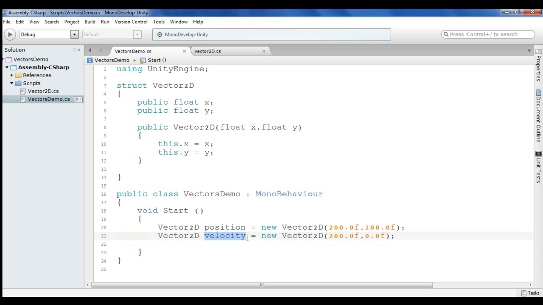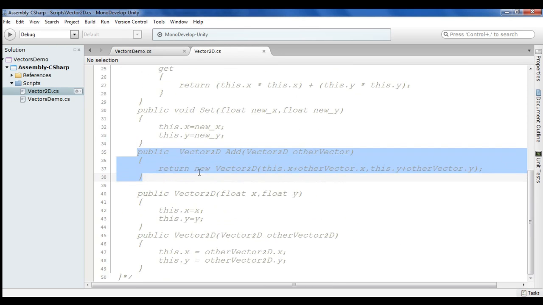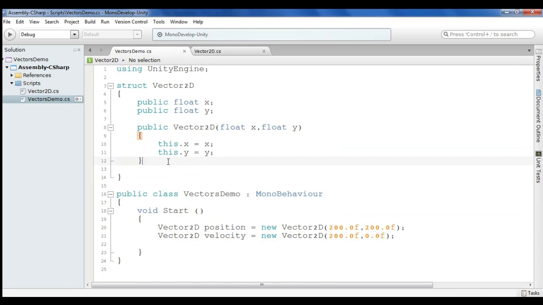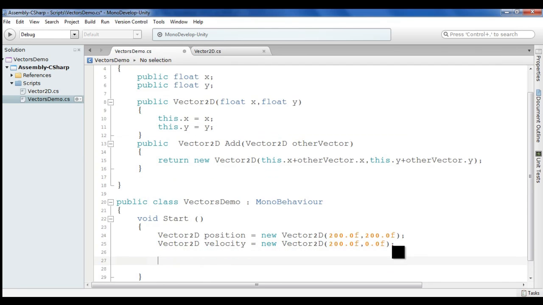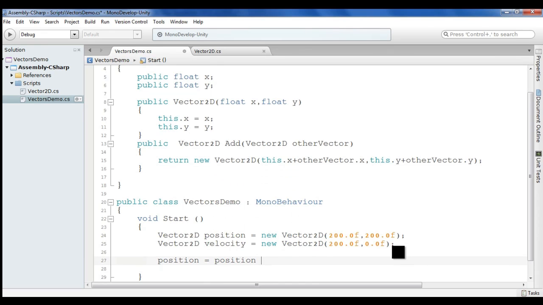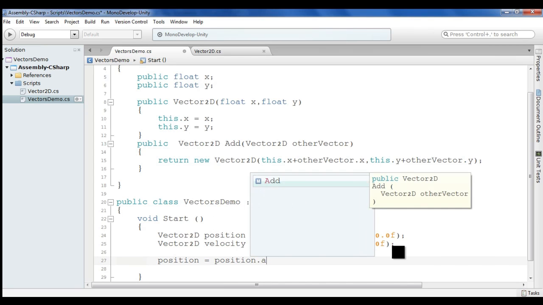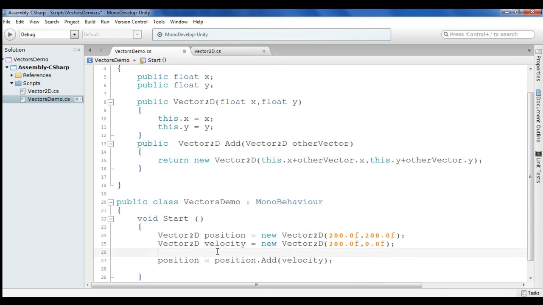Now, if I want to add the position vector with the velocity vector, I can use my add method. If I want, I can copy this and paste it here, and it will do the same operation. We know that position is equal to position dot add method. I can pass the other vector, velocity, bracket close, semicolon. So this will add velocity to the position and return a new position, and that new position